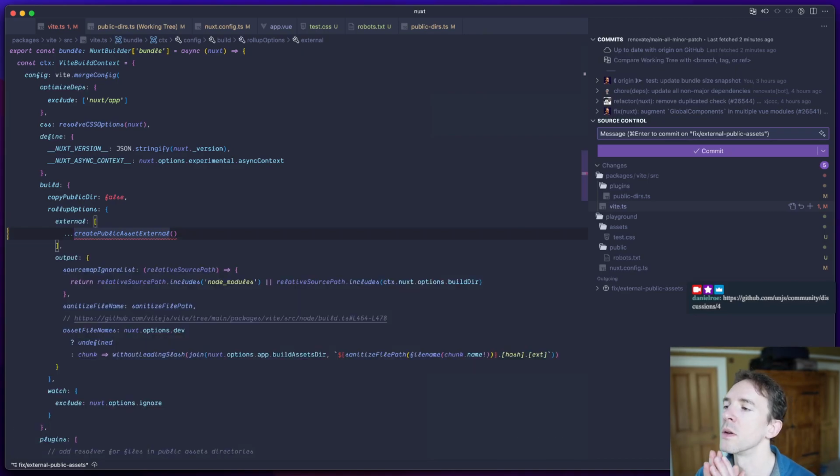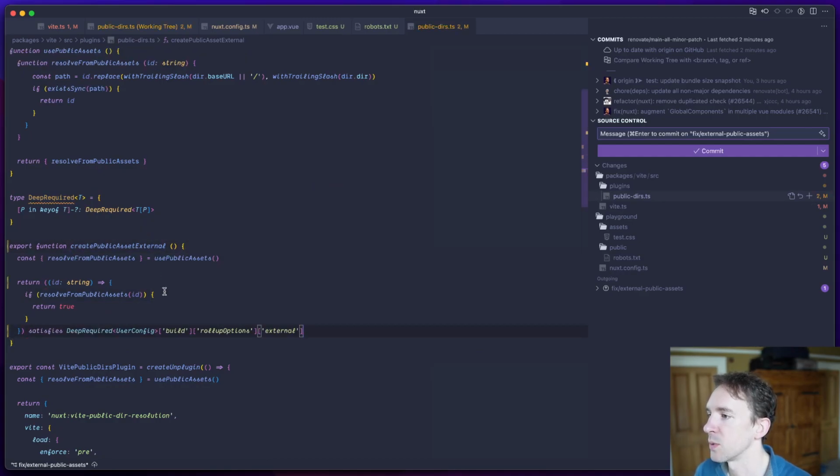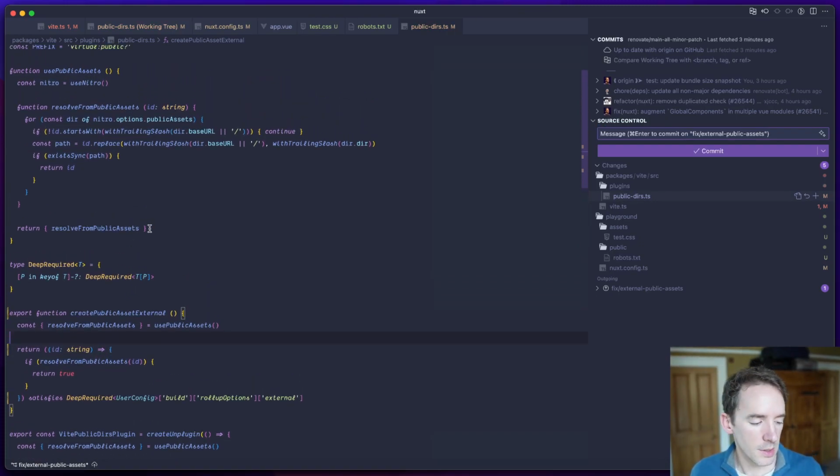Let's see if I can. Tricky. So I mean, like this works, right? I can return a fake test. That doesn't feel good. And also this is quite a costly test because what it's doing every single time is synchronously checking public assets, whether they are in fact present, which is fine, but